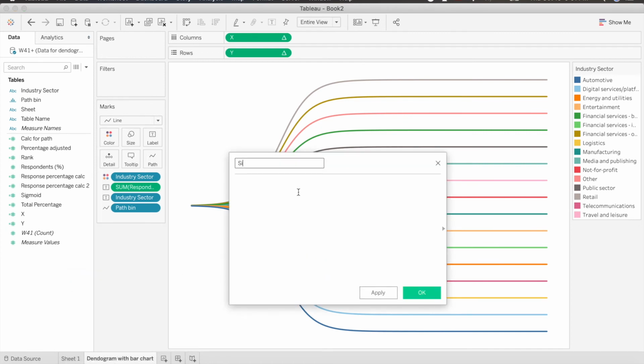So let's name it size: if x greater than or equal to 6 and x less than or equal to 6 plus (10 multiplied by percentage adjusted), then 1, else 0, end.